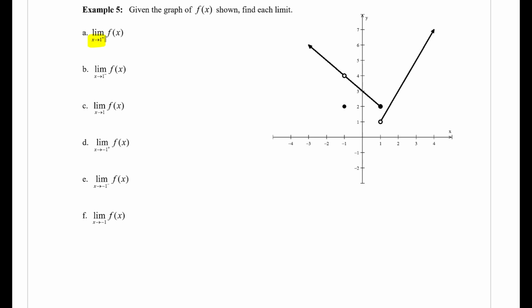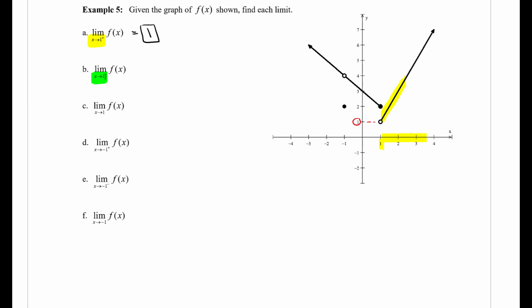A, the limit as x approaches 1 from the right hand side of f of x. I'm going to highlight the x approaches 1 from the right hand side. I'm going to highlight the 1 on the x-axis, and I'm going to highlight coming in from the right, from the x-axis and on the function. I notice it's approaching the value of y equal to 1, so I'm going to circle the 1 and draw a dashed line connecting it to that value there at x equal to 1 where the hole is. So limit as x approaches 1 from the right of f of x is equal to